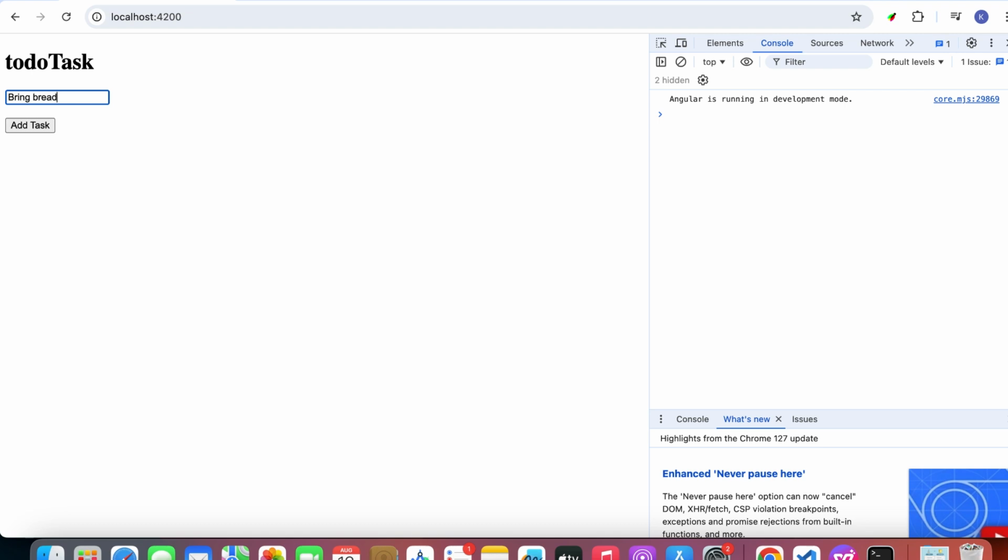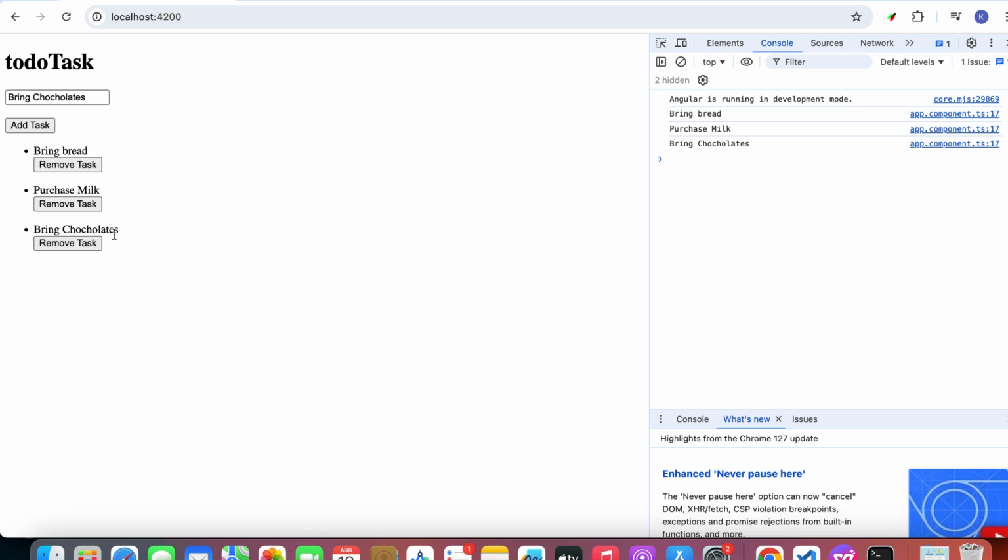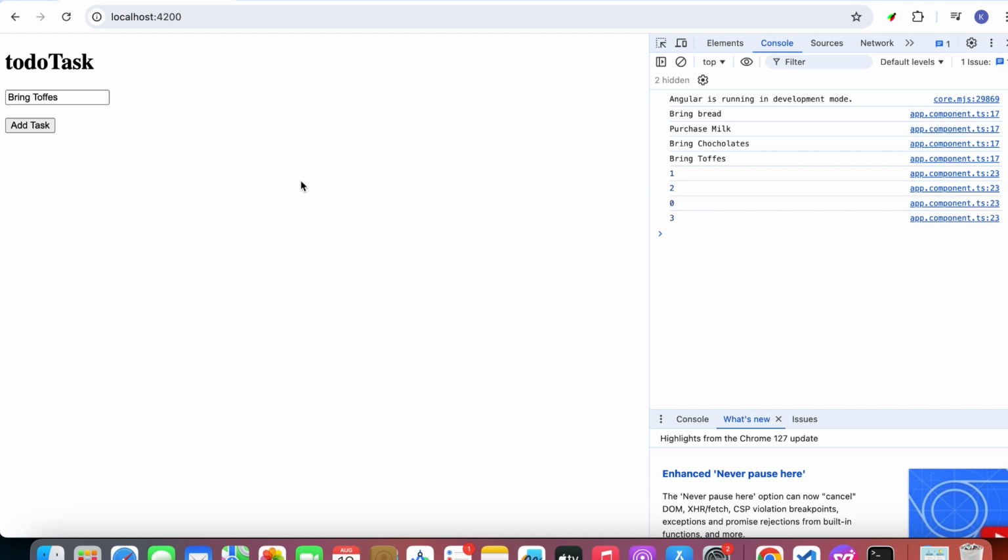Bring bread, purchase milk, bring chocolates, okay, and bring toffees. Now you can just purchase milk. You can see here that the list has been updated. You can remove this, the second one, and this is the 0, and you can remove the entire list as well. So you can see here that we have successfully been able to make a to-do list and to-do task list,